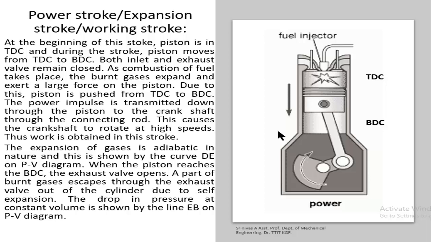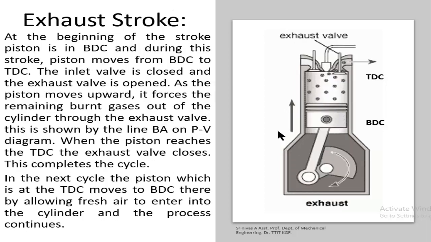So like this you can make points. At the end of this stroke, the exhaust valve is opened, and the next point is the exhaust stroke. During this, the exhaust valve is opened and the inlet valve is closed, and the piston moves from BDC to TDC. You can note the burnt gases like carbon monoxide and carbon dioxide, and because of the movement of the piston from BDC to TDC, all the burnt gases are driven out. Like this you can make points. So this is how a 4-stroke diesel engine works.